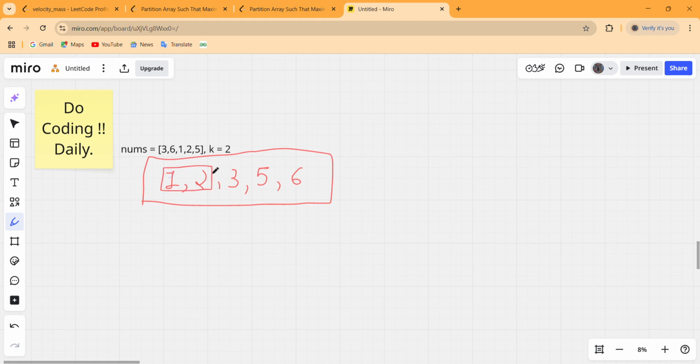So let us increment our count from 0 to 1. Let us try to group this 3 and this 5. If we group this 3 and 5, the difference between the maximum and minimum value is 2, and this 2 is less than or equal to this k. So this is a possible subsequence partition, so